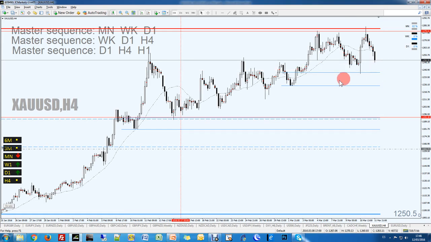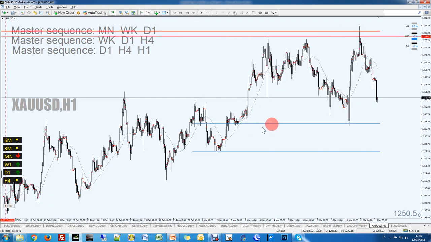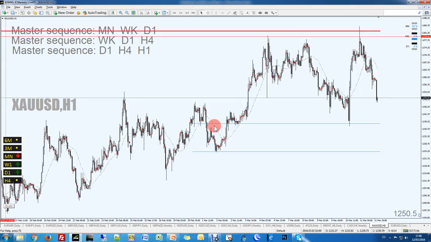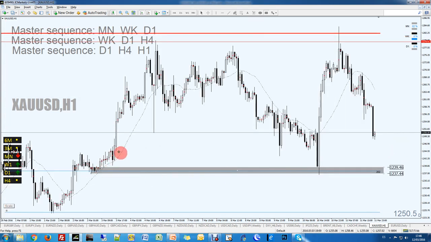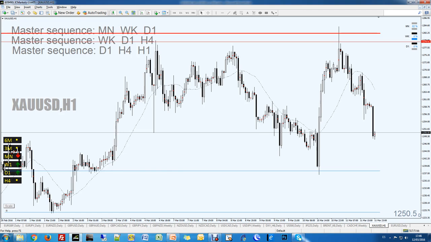So you can even switch to the 1 hour, sorry. So here in the 1 hour you will see a lot of trades and all that, but on the 1 hour it's even trickier because of the number of levels that will happen. But see, here on the daily, I wouldn't take this level on the 1 hour. Okay, look at the departure, nothing. Okay, it cannot be seen correctly. You see, if anything, I would say I'm going to take that one because look at the departure, it was tested and all that, but that 1 hour area was not nested on the daily area of demand, which is here. This one is nested, so it's trickier.